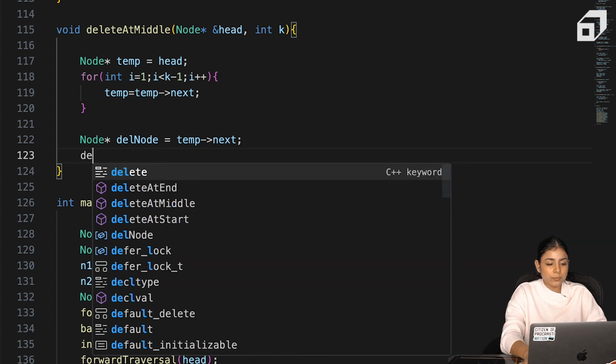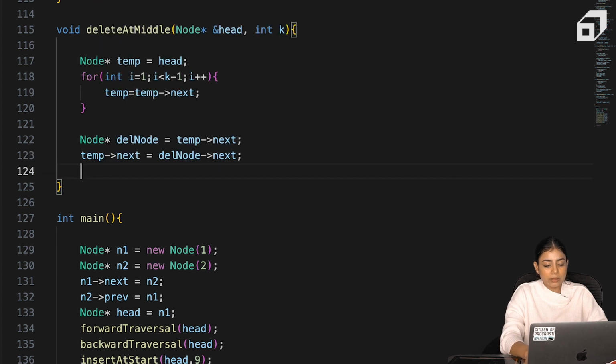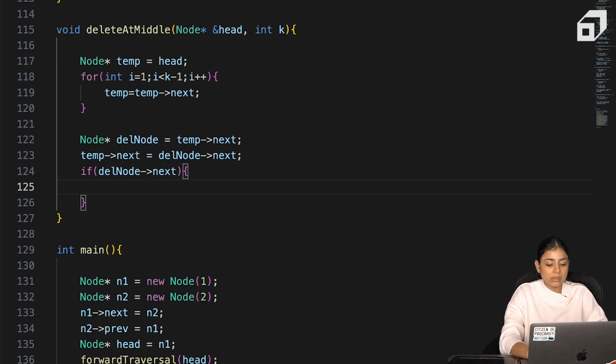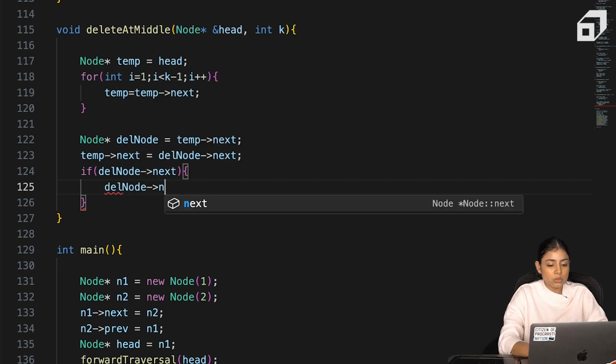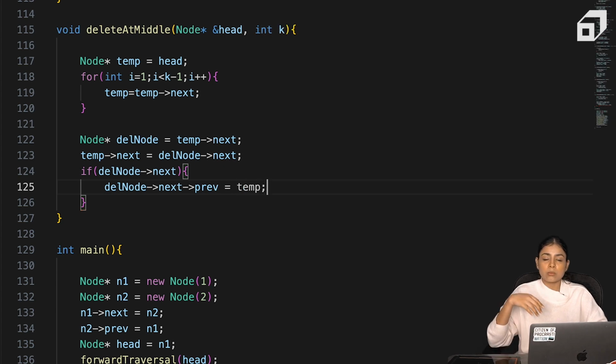Next we'll say my temp's next should be pointing to my delete node's next, and if my delete node's next is not null, then my delete node's next previous should point to my temp, okay, because it could be that